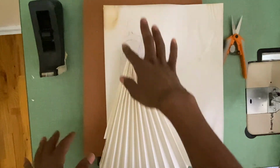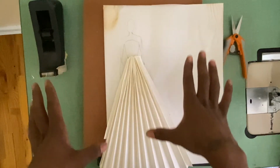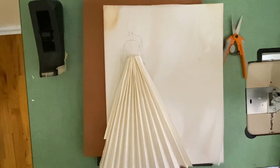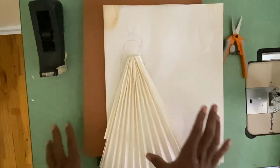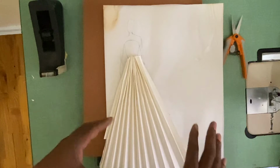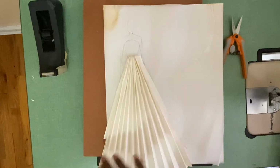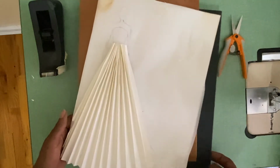And, you know, we can still add color and the skin and draw hair and face if you want. And we'll get to that next. Right. But I like to decorate the clothes first and then figure out where I have to color after. All right. So now that I got the skirt done, what I want to do is I'm going to get